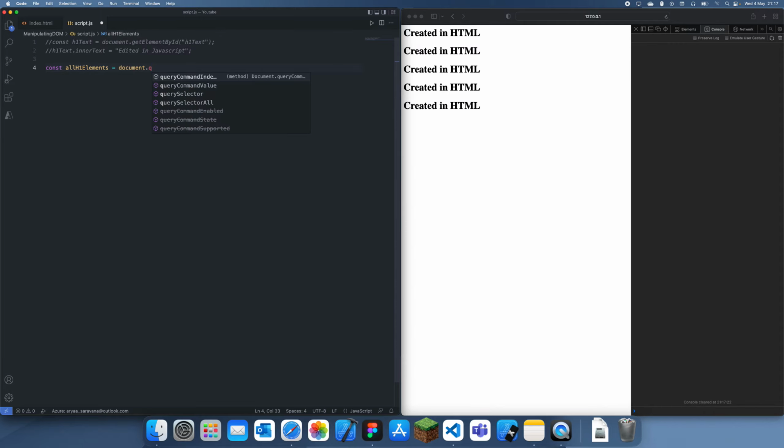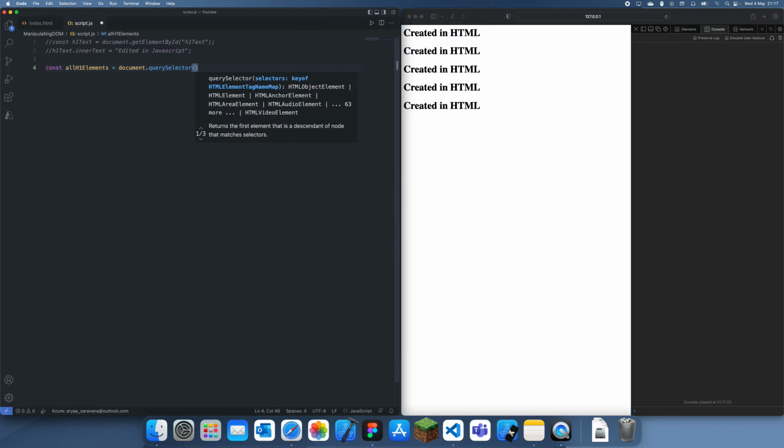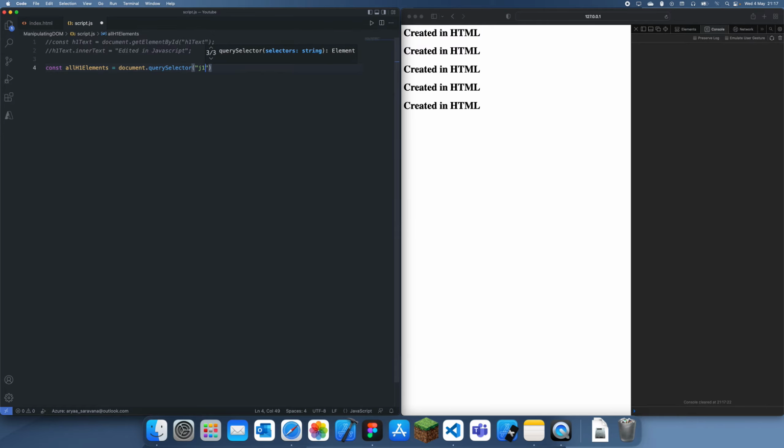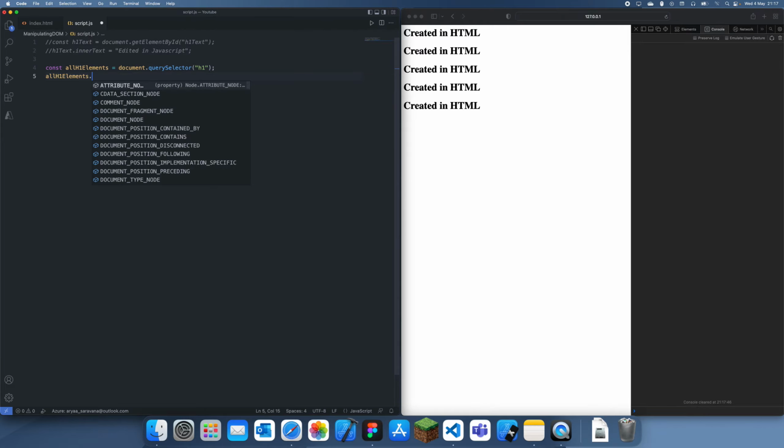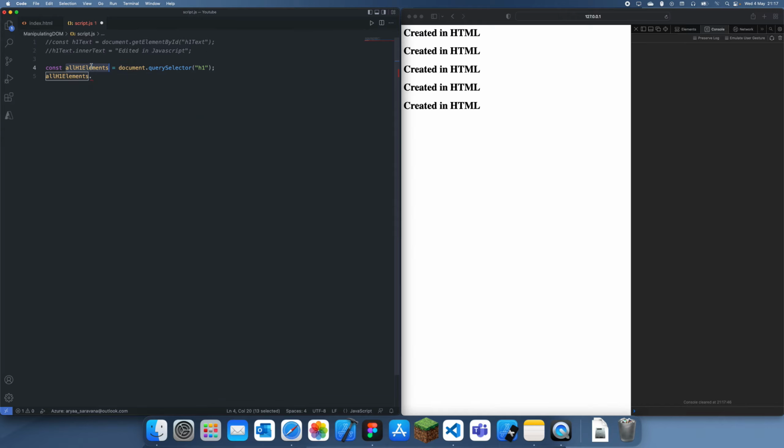So if we save that, we can just grab all h1 elements, so const all h1 elements is equal to document dot query selector. There's query selector all, or there's query selector. Basically, query selector is just going to select the first item, so let's just say h1 like that, and then we can just do all h1 elements. This is actually only going to be one, but you know, so we can just do that to inner text is equal to